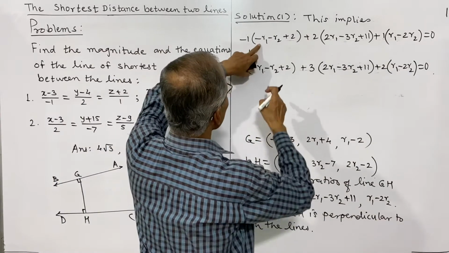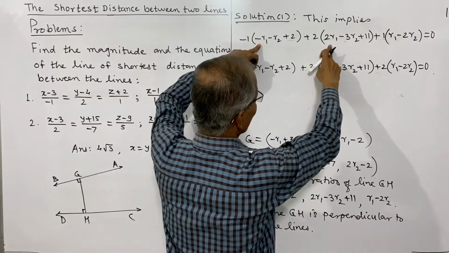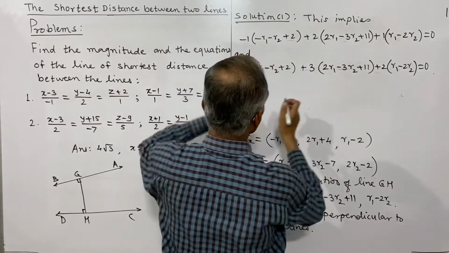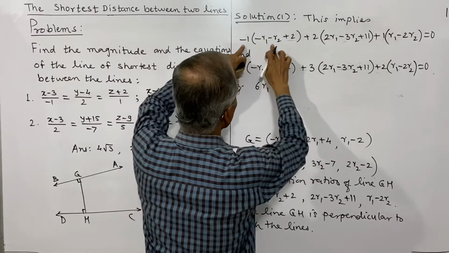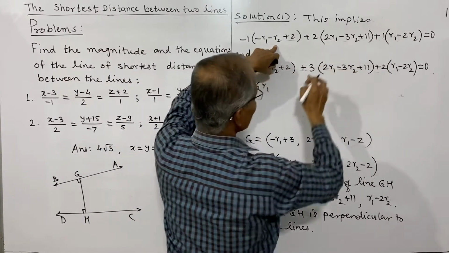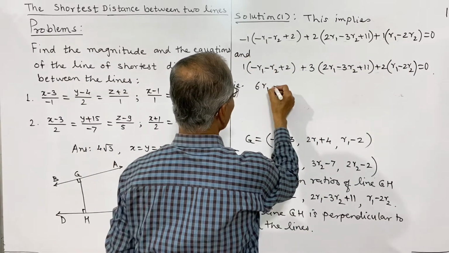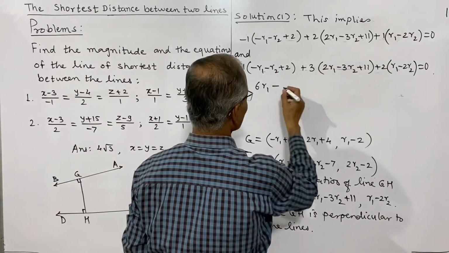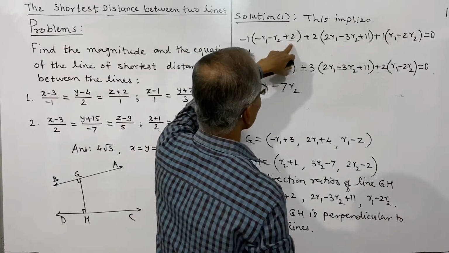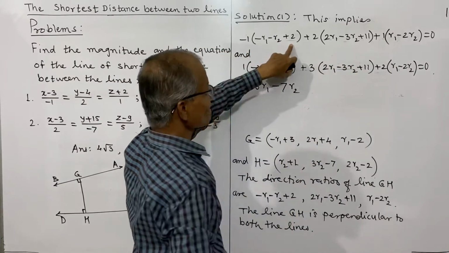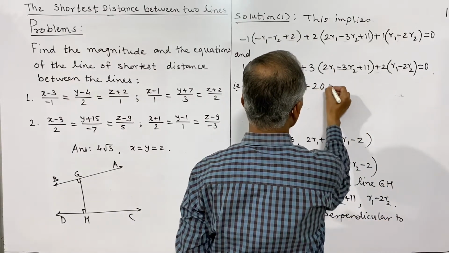So what is the first value? It is positive R1 after multiplying. R1 plus 4R1, that is 5R1 plus R1, 6R1. That is 6R1. This is R2 minus 6R2, that is minus 5R2 minus 2R2. That is minus 5 minus 2, minus 7 times R2. And minus 2 plus 22 becomes 20 only, plus 20 is equal to 0.